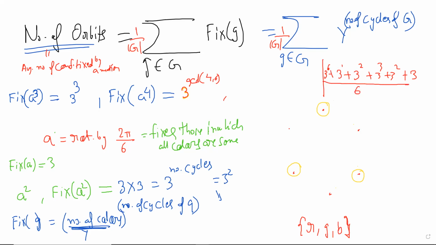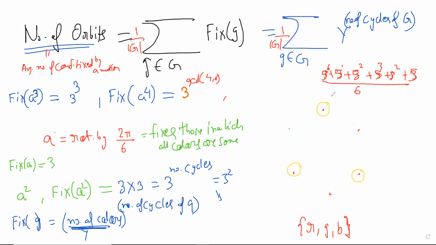It is not even clear that this is an integer. I mean, it's clear in this case, but it's a bit a matter of luck, because this 3 is divisible by 6. But if there were 5 colors, the answer would change like this, just in a minute. And it's not even clear that this is an integer. Okay, but this is the answer. You see, if there are 5 colors, this would be the answer.